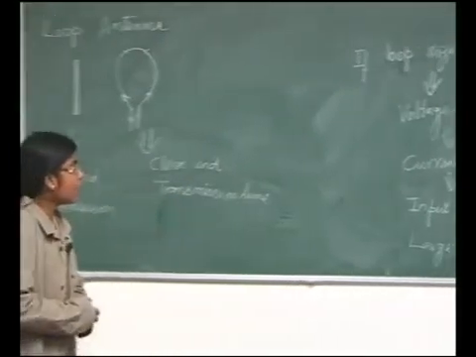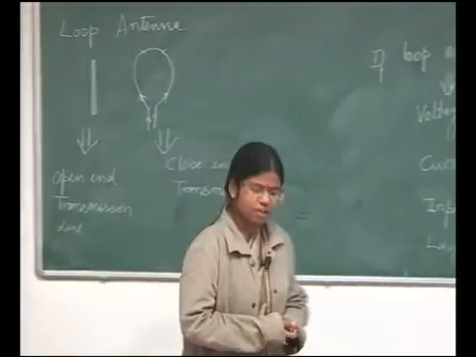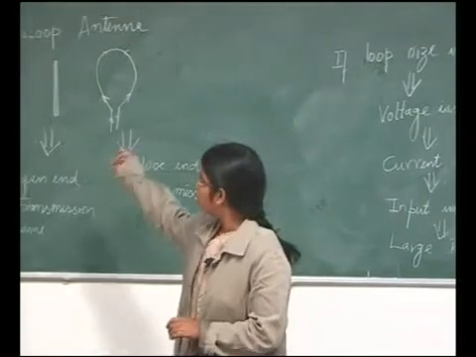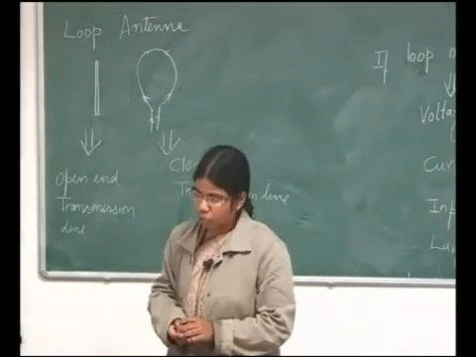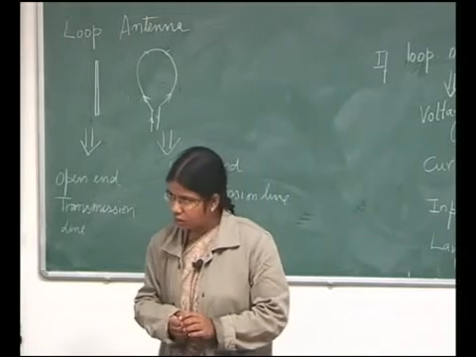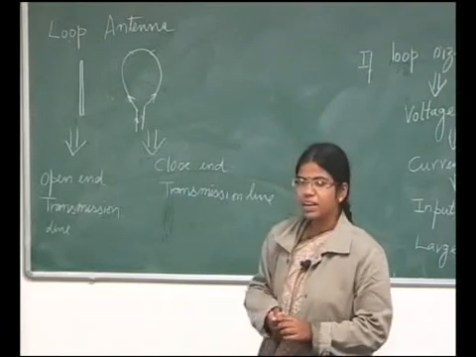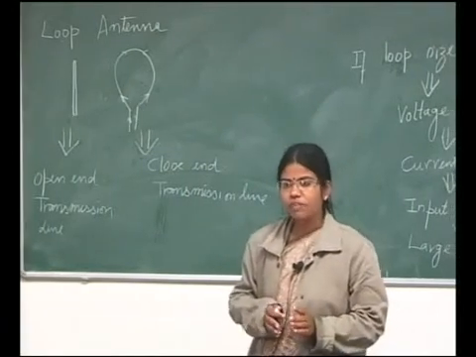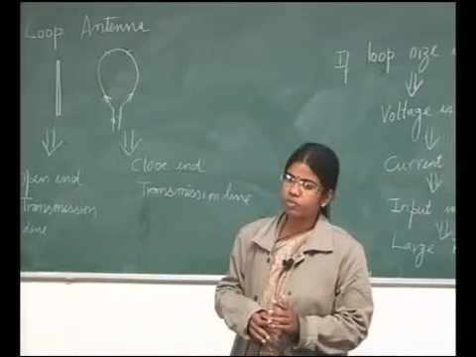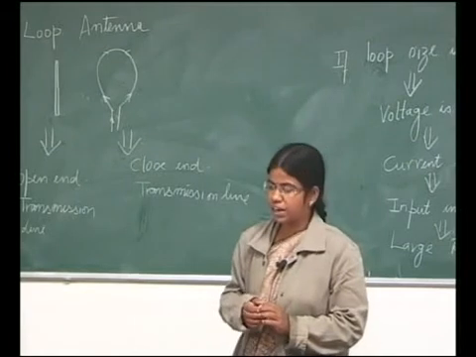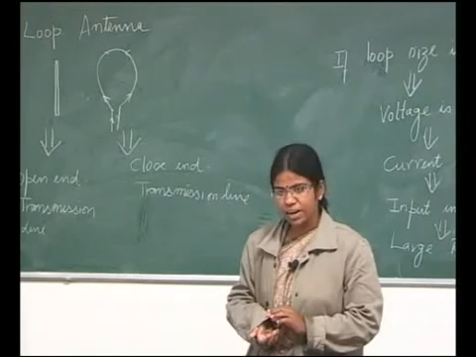Now for analysis of these loop antennas, we have done the analysis of a simple dipole and we had taken the Maxwell's equations and then we had calculated theta, phi and r components of electric and magnetic field using Lorentz gauge transformation, and then we had derived some equations. Then we found the Poynting vector, because ultimately we are interested in what kind of power this particular antenna would radiate, and from that Poynting vector we calculated the radiation resistance.